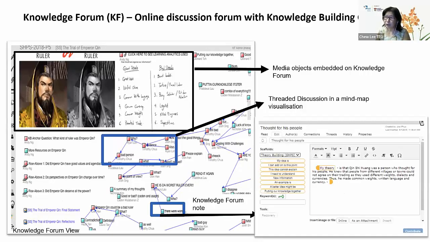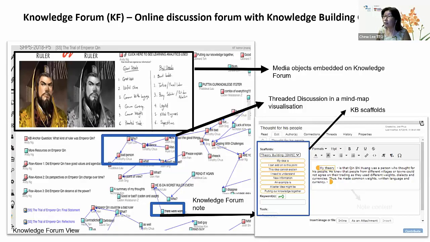And for each of the nodes itself, students have a scaffold. They will use the scaffold and write their node content, because part of our analysis revolves a lot around the Knowledge Forum nodes. And so with this in mind,